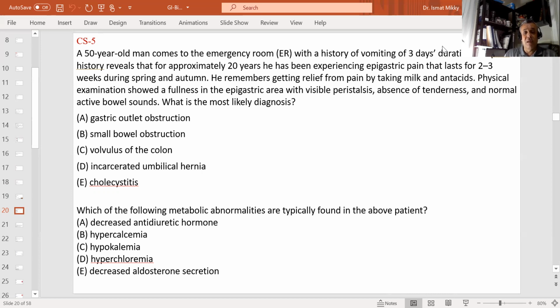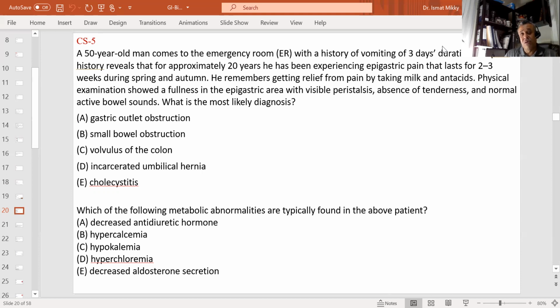Patients with acute cholecystitis, which will be covered later on in this session, usually present with the sudden onset of pain radiating to the back with fever and chills. And the volvulus of the sigmoid colon presents with constipation, abdominal distension. Vomiting will be present, but will be a late feature.